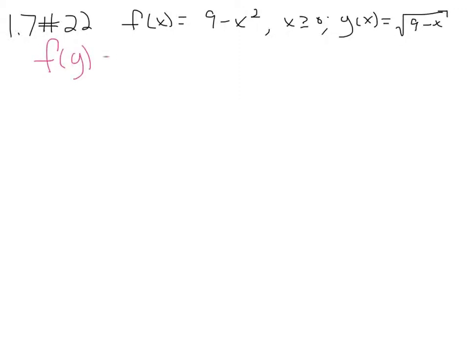Okay. So f composed with g means we take the entirety of g and stick it in where x would be, right? It's the magic box idea. So this is 9 minus, instead of x, we have the entirety of g, square root of 9 minus x, squared. Now, fortunately for us, squares and square roots play nice. They undo each other. So we're going to get 9 minus